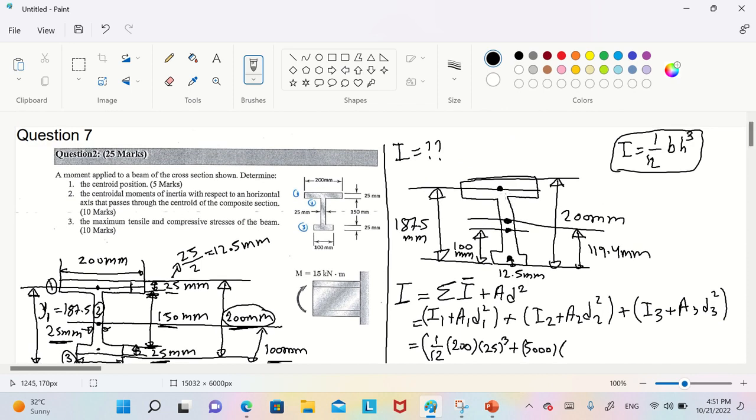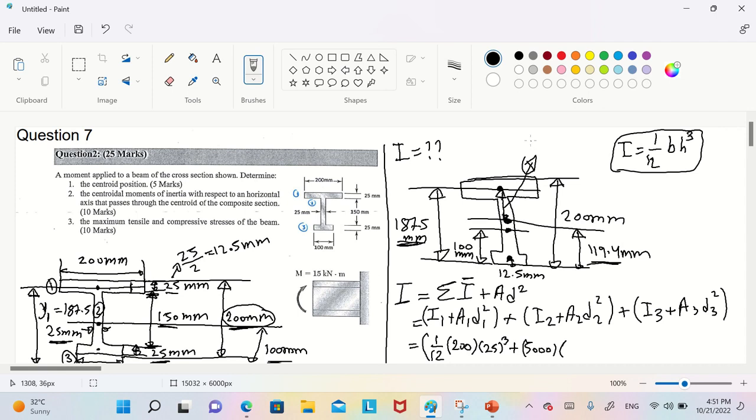we need to find the distance between the center of the first one and the center of the whole thing. Now, as we said, the center between the first center and the ground is 187.5, and the center of the whole to the ground is 119.4. So when you want to find the distance between them,